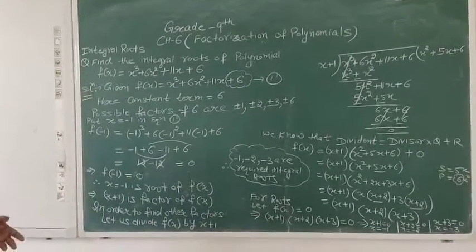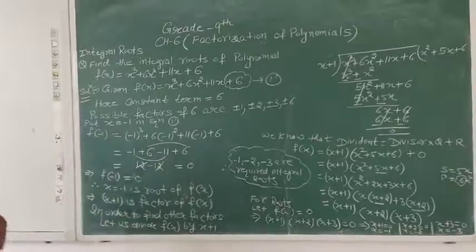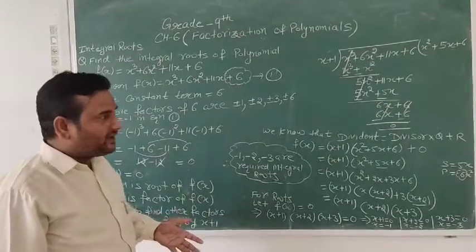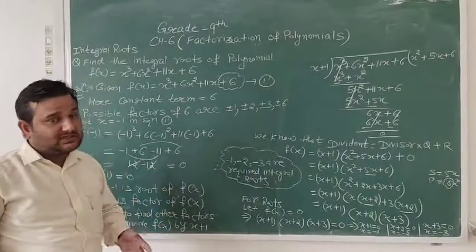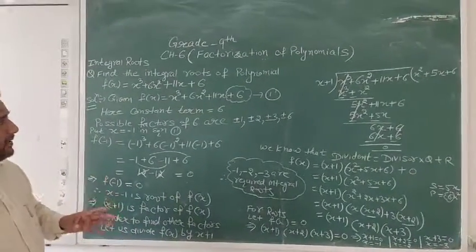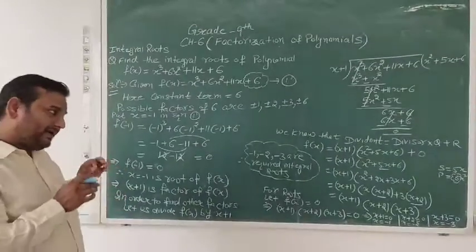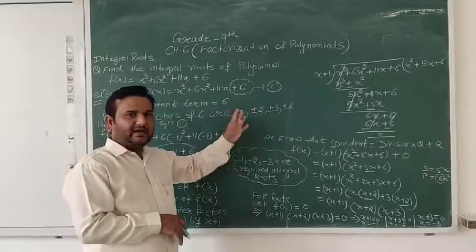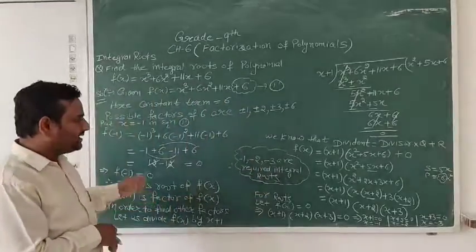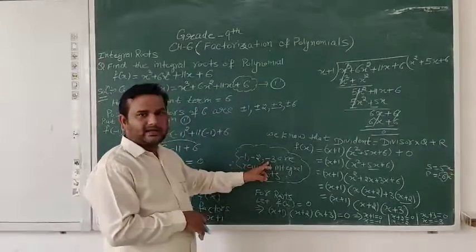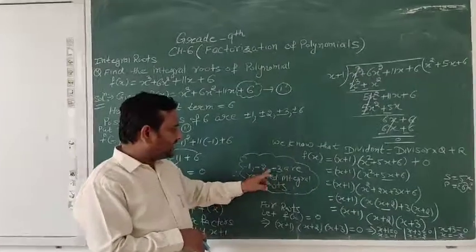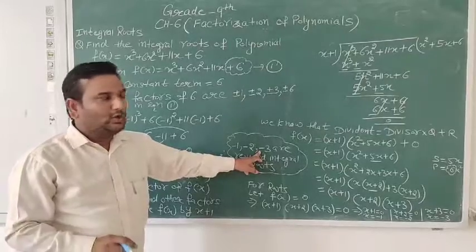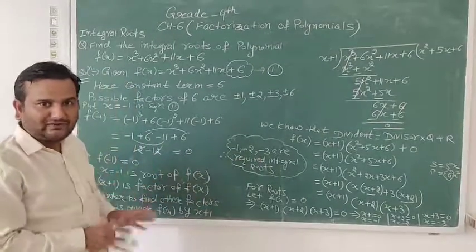But in some cases where we have to find out the rational roots, I think you understand, we are not able to put all the factors one by one. But in case of integral roots, if you substitute all the factors one by one, definitely and 100% you get your answer, that is -1, -2 and -3, because these are the three roots which give your answer equal to 0. Hope you understand the way to solve this question.